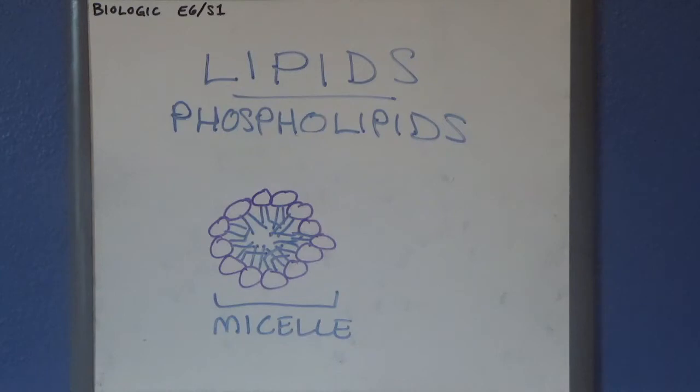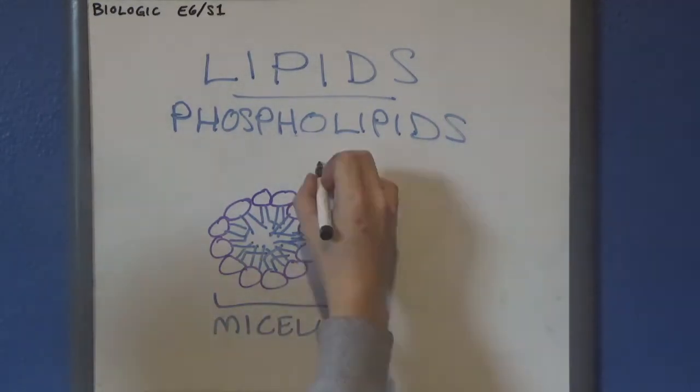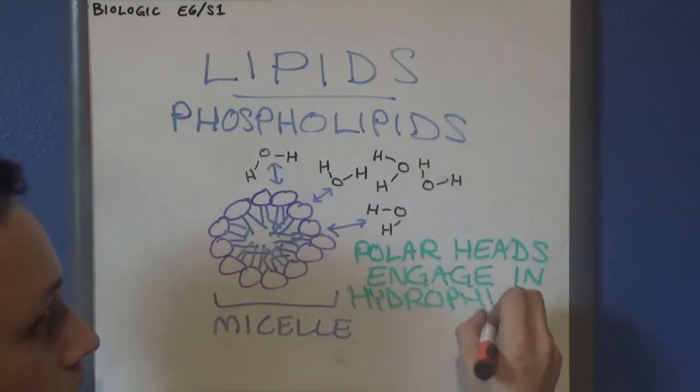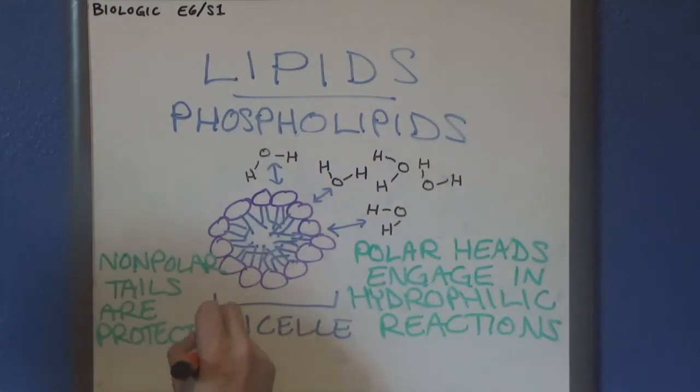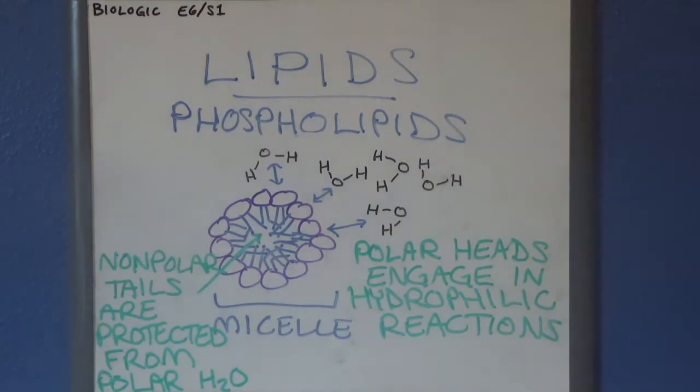A micelle is like a really small bubble. The outer surface of the bubble is a layer of hydrophilic phospholipid heads. The hydrophobic tails all hang inwards from the surface of the micelle, with the chains interacting with each other inside of the little bubble. This micelle structure allows the hydrophilic regions to interact with water, while protecting the hydrophobic regions from coming into contact with water. Micelles are really small. There's very little space, if any, left inside the bubble that isn't filled with fatty acid